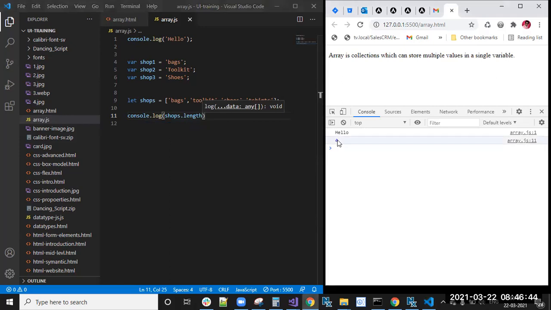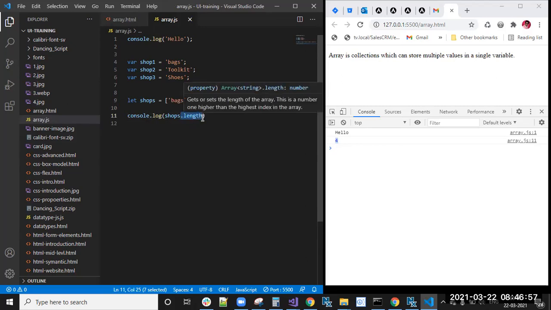Now we can see 4 products: bags, toolkit, shoes, and t-shirts. The length property is used to know how many items are in that array.